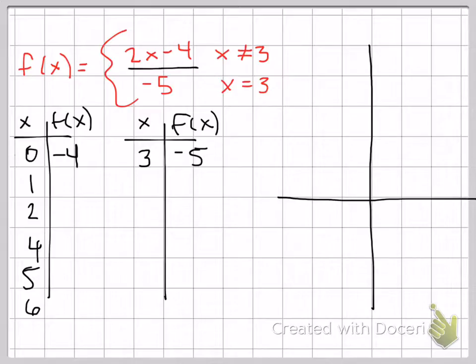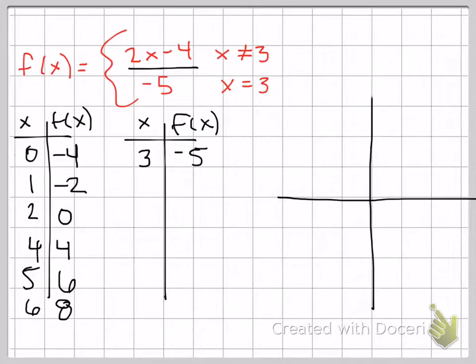When I plug 1 into this function here, 2 times 1 is 2, minus 4 is negative 2. 2 times 2 is 4, minus 4 is 0. 2 times 4 is 8, minus 4 is 4. 2 times 5 is 10, minus 4 is 6. 2 times 6 is 12, minus 4 is 8. Now again, you don't have to plot all these points once you get the general idea of what the picture looks like. That's plenty. So if we were to graph this, so at 3, negative 5,